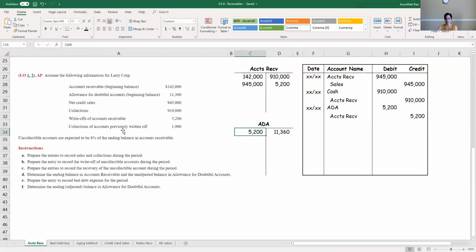Now, after I wrote off those receivables, I actually collected $1,900. I guess I got lucky and I got $1,900. Now, whenever this happened,